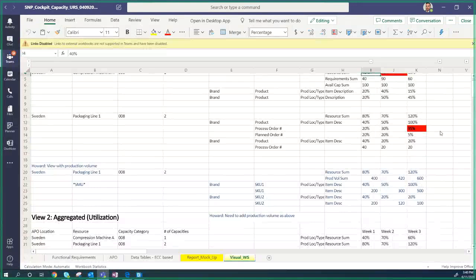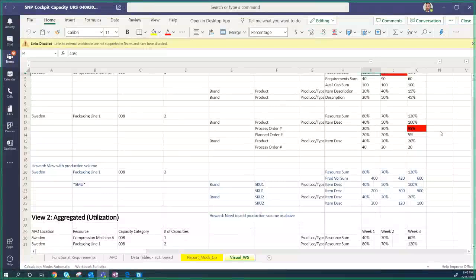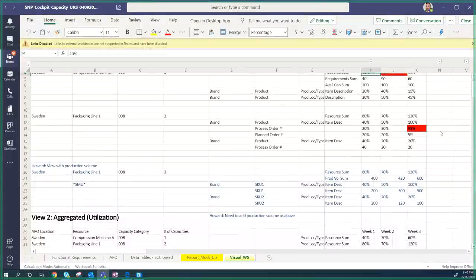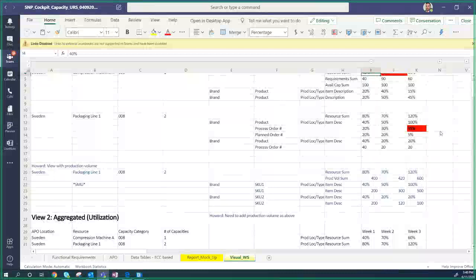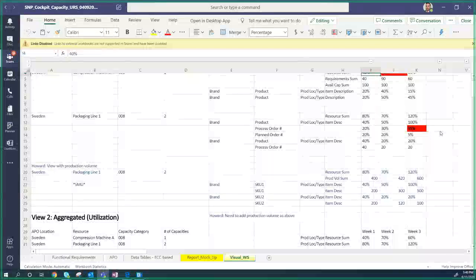It's forward looking, and then it's the ability to drive down into those exceeding capacity situations and say, okay, what decision do I need to take as a planner? So agree that it's not looking for cognitive and looking for recommendations yet. I don't think we're at a maturity level for that yet, because when you jump into our data, you're going to learn, oh, wow, we need to refine some of these recipes the more we do capacity planning. So we need to get to that level of master data maturity before we can rely on any